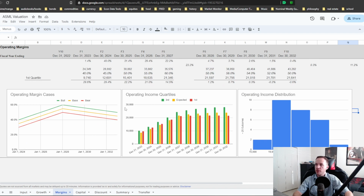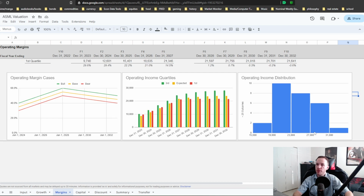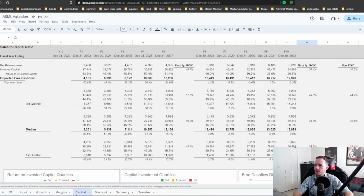Coming down, you can see a little bit of the spread between the operating margin cases as I applied and how that changes the operating income distribution in the terminal year. A pretty wide range of potentialities for that, but mostly centered around 25 billion euros of operating income. And then likewise, we can come over to the capital costs and free cash flows to see that